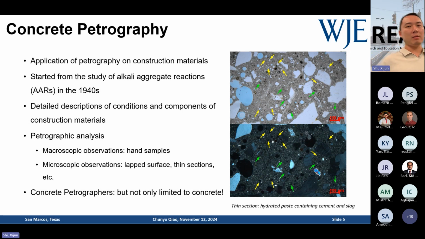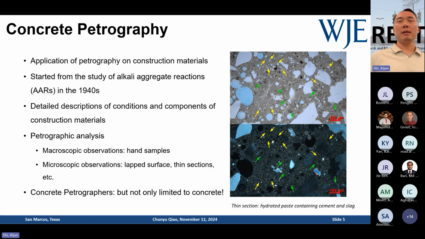So these two images on the right showcase a very standard, I don't want to say very standard, a low carbon footprint concrete that was placed like 80 years ago in a dam. So in these images, this is showing the cementitious material matrix. The green arrows indicate, I think, the belite particles from the cement. We all know cement consists of four major